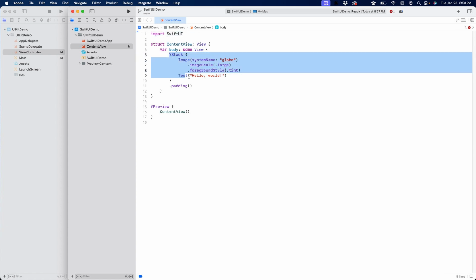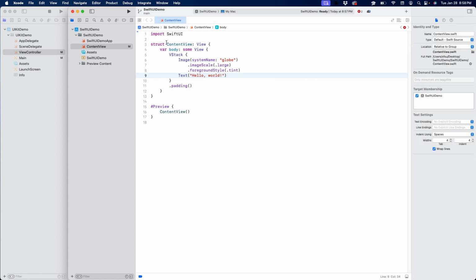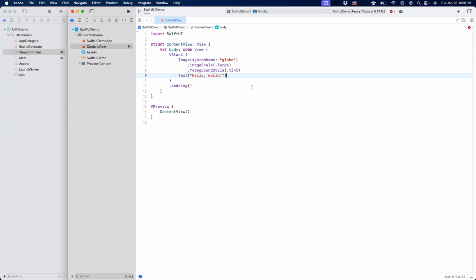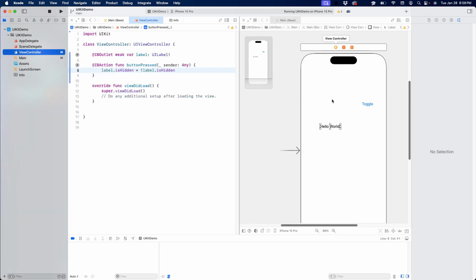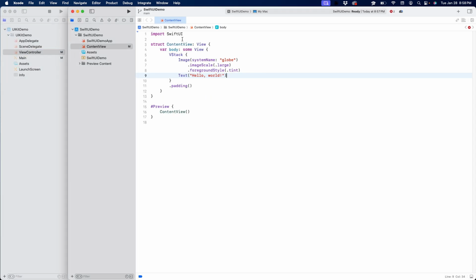We'll go over what these are at a later point. I just want to be able to do the same thing here. The content view describes our screen for us. So the content view describes our screen, and just like in Interface Builder, we're able to show what the screen would look like,